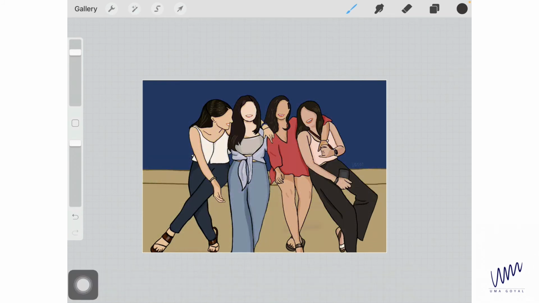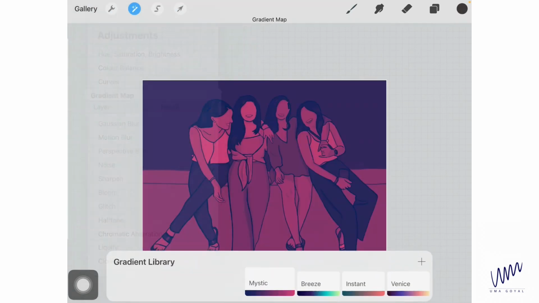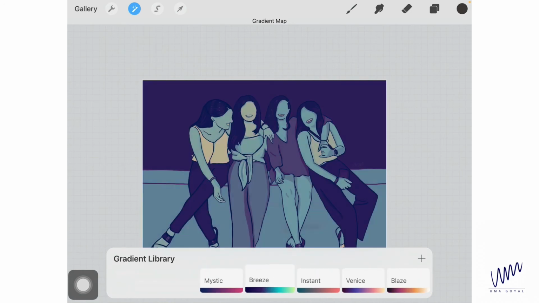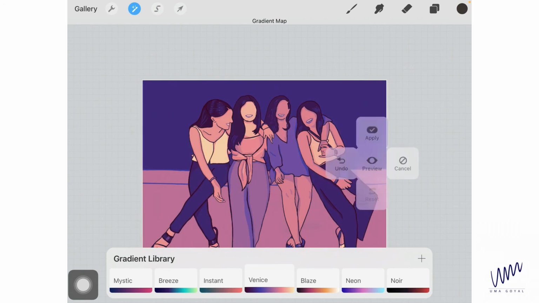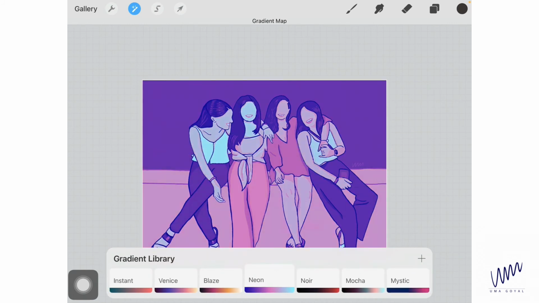Now let's go to adjustments and gradient map. I'll cover this later. So you can see that I have applied gradient map. I'll select breeze, instant, Venice, so I like this, or maybe blaze. Cool. So these options are so nice.